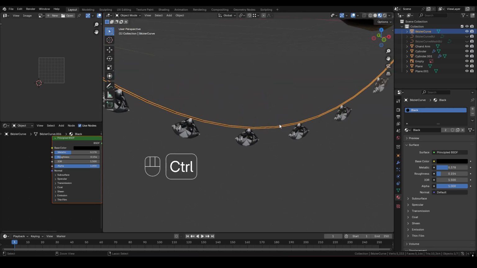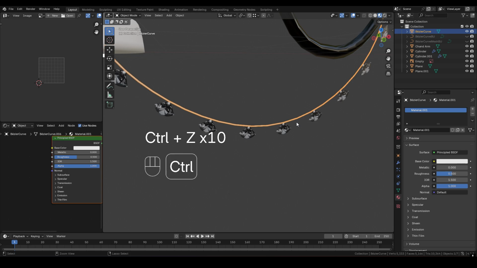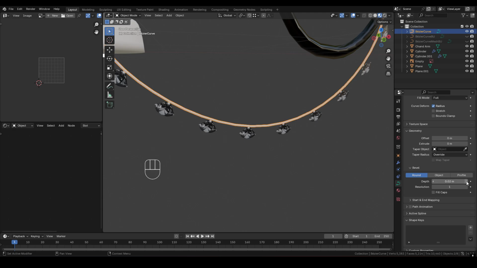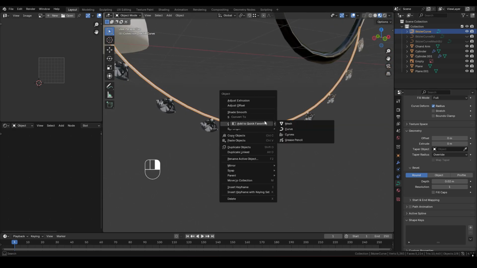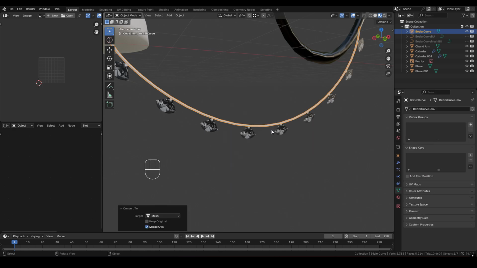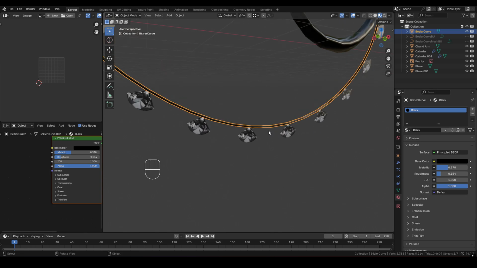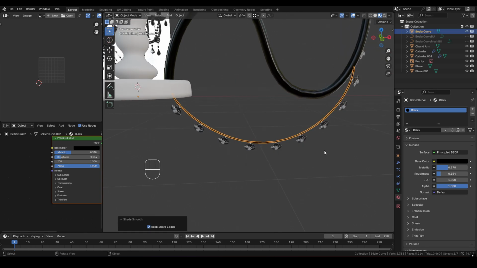Looks a little thinner. So we'll go back and up it to 0.02. That's better actually. And then we'll right click, convert to mesh, and add black material to it. Okay, so we'll right click and shade smooth,